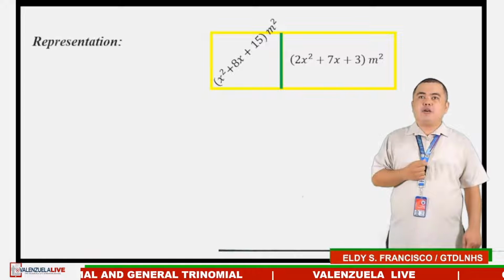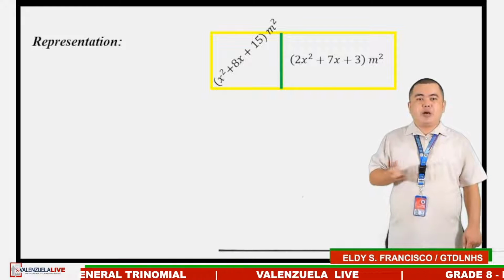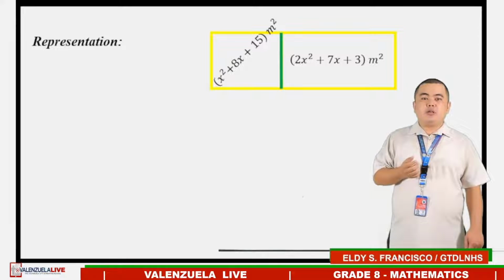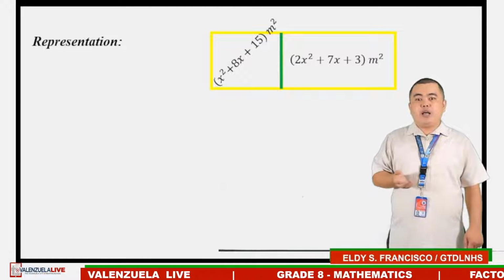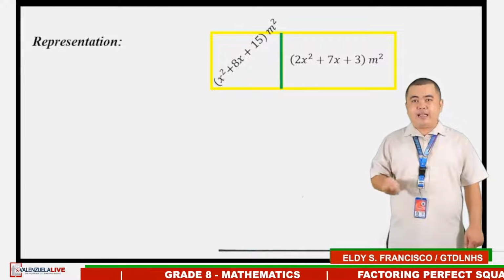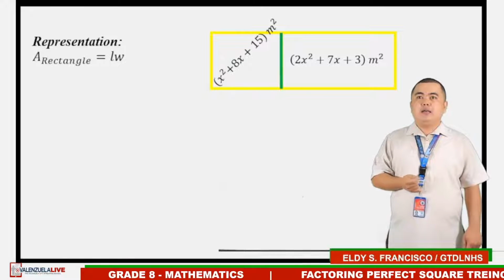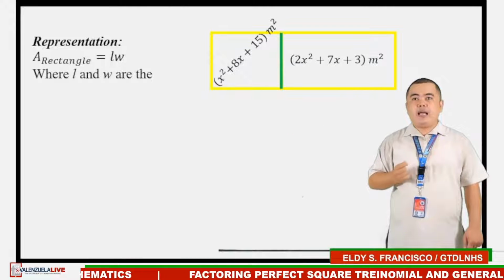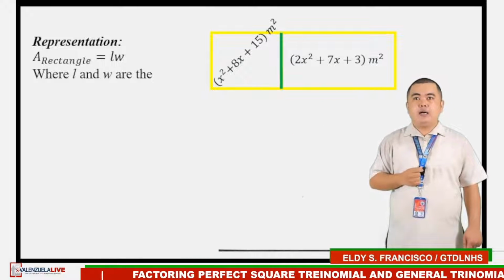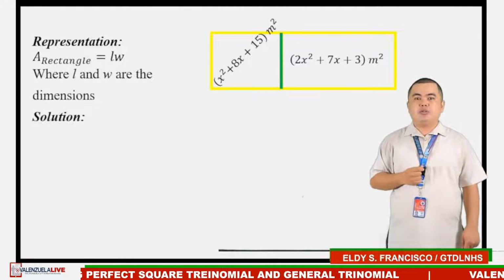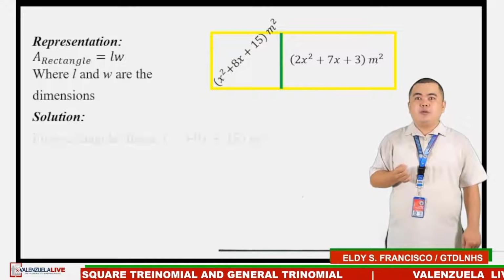Moving on, for representation, because we are looking for the common side of the two rectangular fences, and we have the given areas, we need the formula of the area of a rectangle. Area of rectangle equals length times width, where L and W are the dimensions. Next is solution. Let us solve first